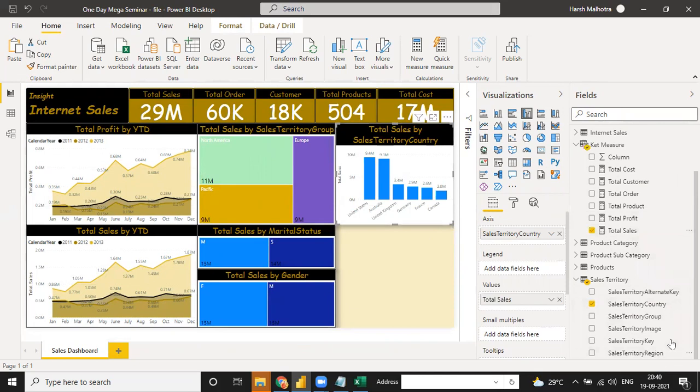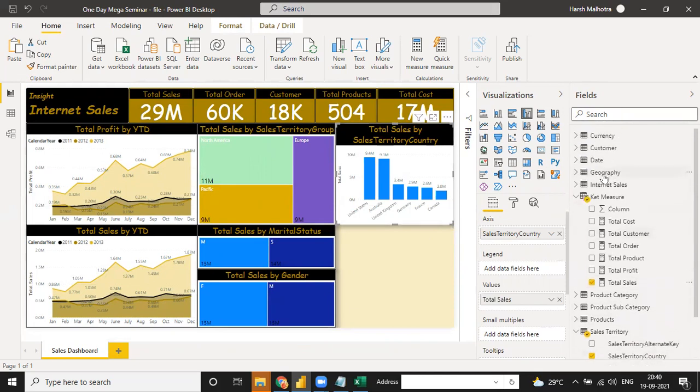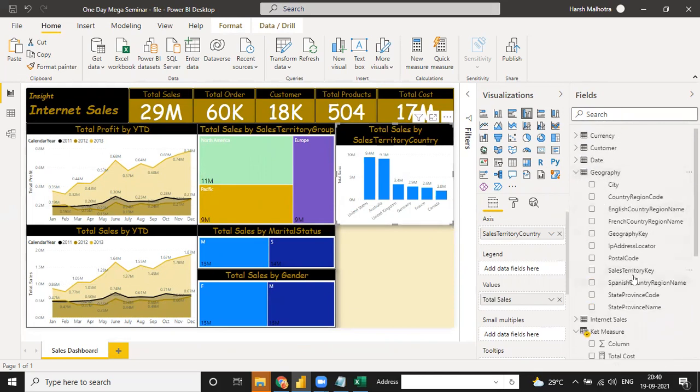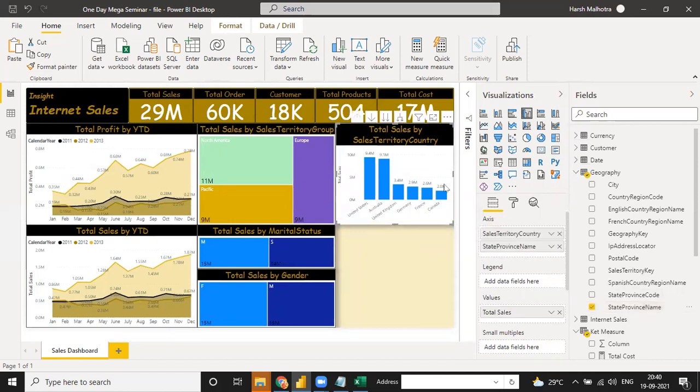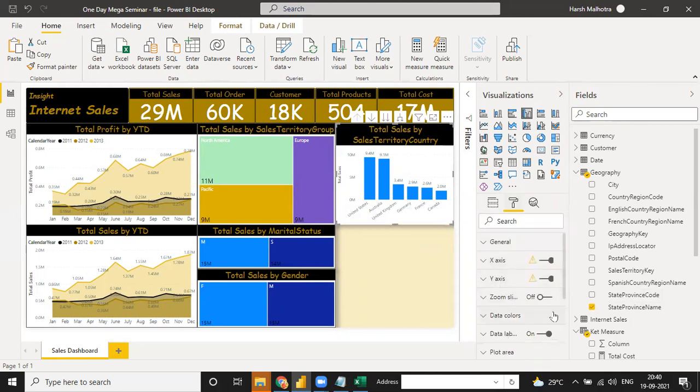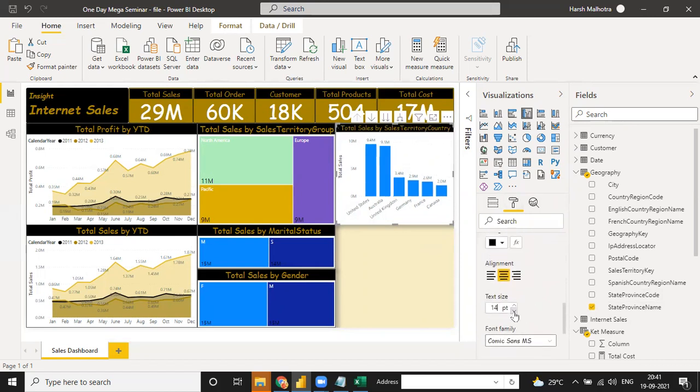And where is the province? Let me just check geographical. You can select it here also. Okay, so what is the reason to select? First I remove this title, it is small. Go to title, click on this, set the size to 18 instead of 12, maybe 15, maybe higher than 14 is okay.